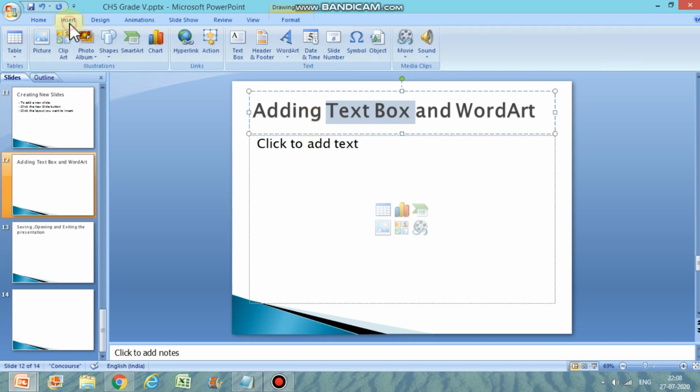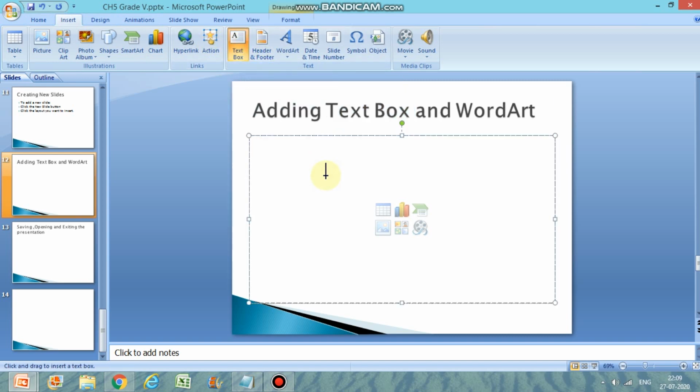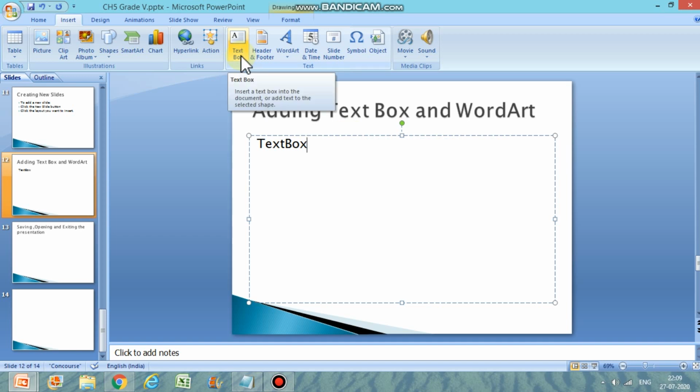So go to Insert, and you will get an option directly, text box. Click on that. Once you have selected text box, you can create a box here. A box will be created here. This is your text box. Now you can write anything in that. Got it? So this way you can add a text box.